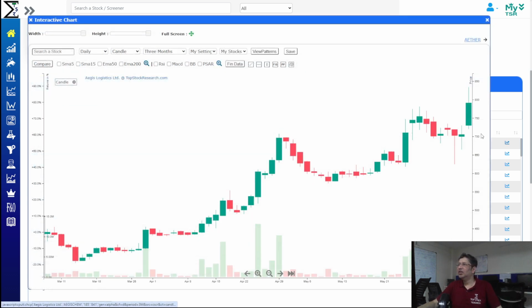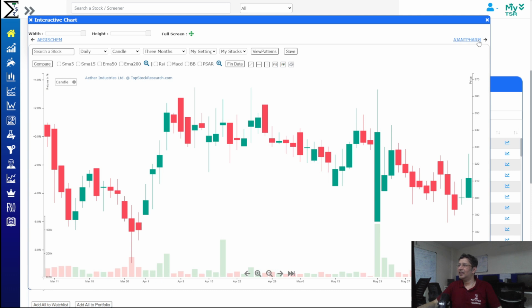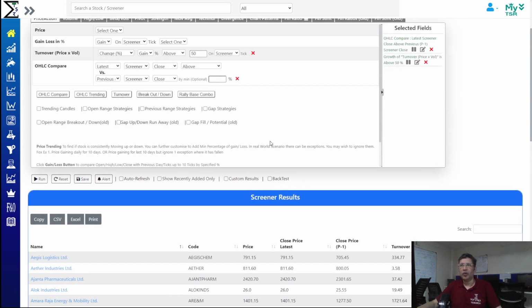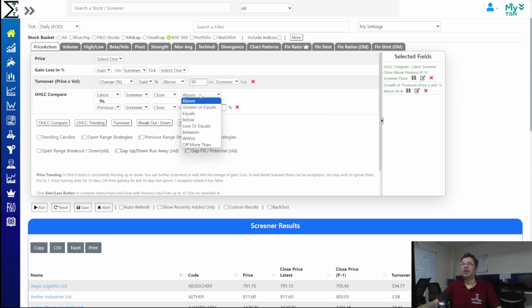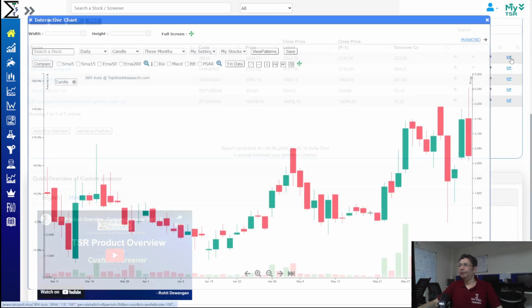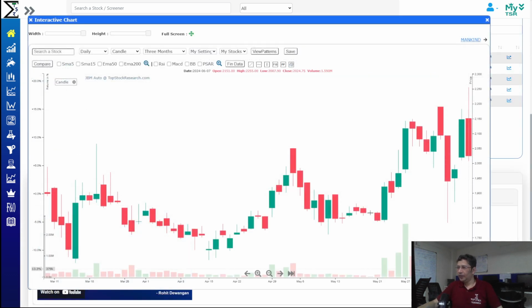So when you look at this, you'll find a few stocks where the price is higher than the previous price. Or if you want to use it the other way, what you can look at is the latest price is less than the previous price. So you can go and look at stocks where the close is lower than the previous close. So you'll find stocks where the money is moving out. So when you look at this, you get JBM Auto. JBM Auto, so even though the volume was higher, which means the turnover was higher, but it ended up in red,